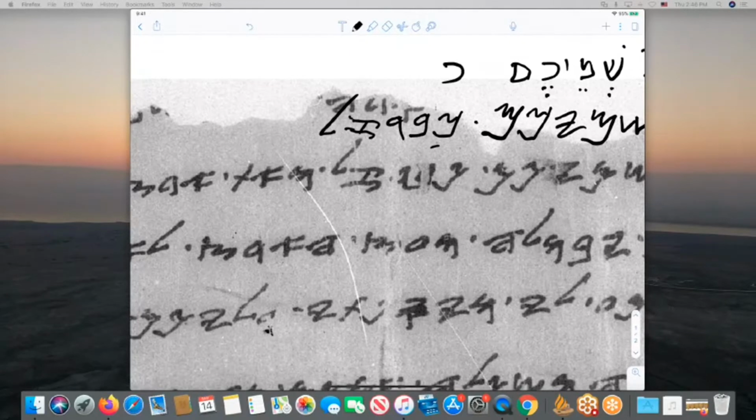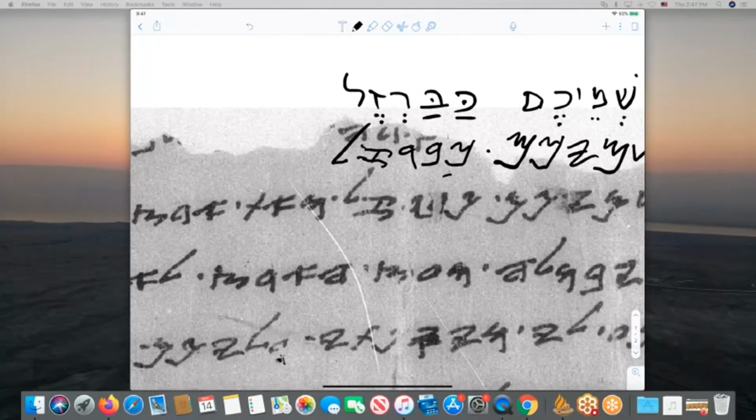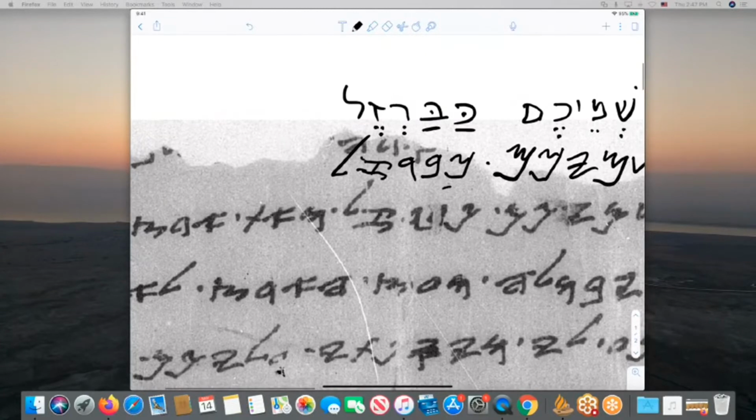So it's ke, bet, resh, zayin, lamed, like that. And this is ka barzel. Ka. And if you have your Bible open, you'll see what this is. Barzel is the word for iron. So Barzel equals iron. So I will make your heavens